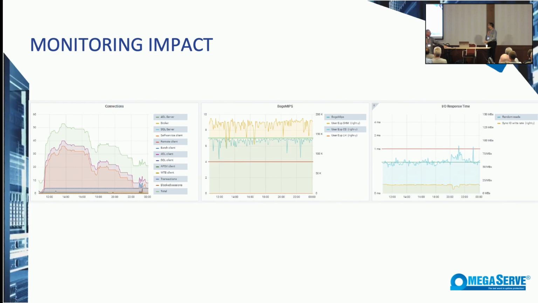Even though we can do this online, because it was the first time we were doing this, we still picked a quieter period. So we could see there were still some users. These are connections here. You may not be able to read it. There are still something like 30, 40 users, I believe, connected. And while this was happening, there wasn't much impact on performance. We have the user experience graph here, and our